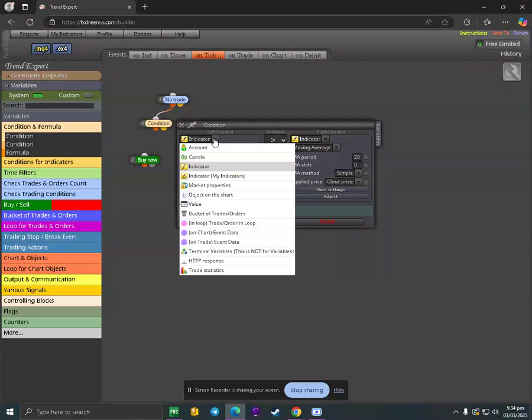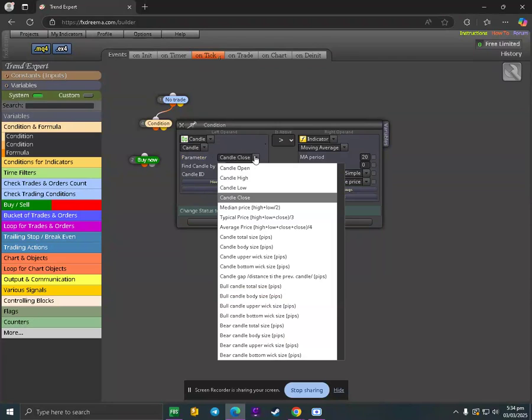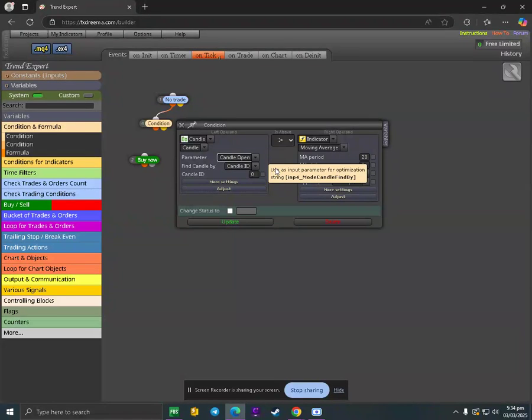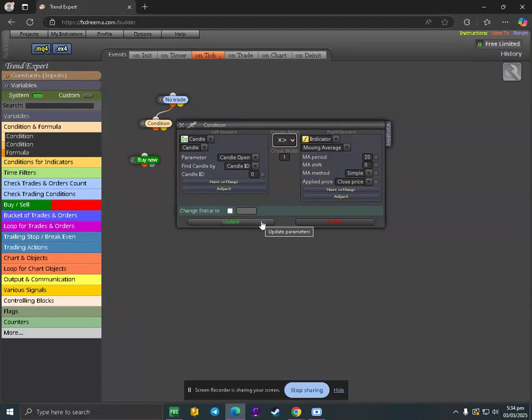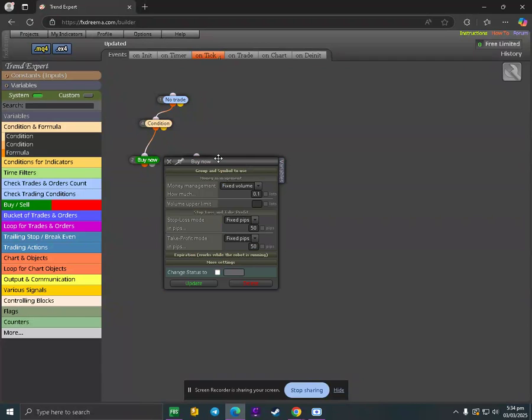Once the candle is open, because the market is running, and it crosses above the moving average that we're going to put on our EA, for example a 20 moving average, we just use this one for a buy position. Let's try this one.